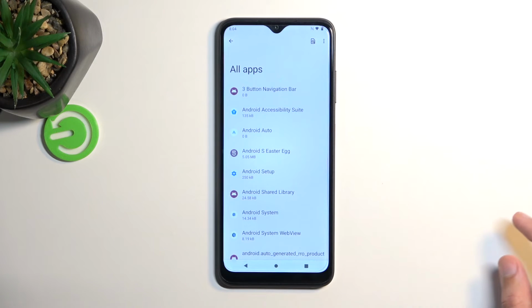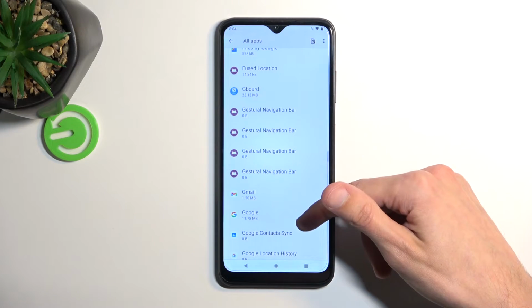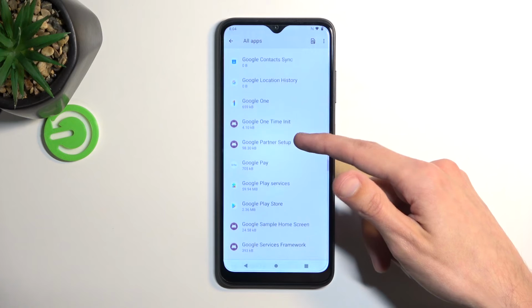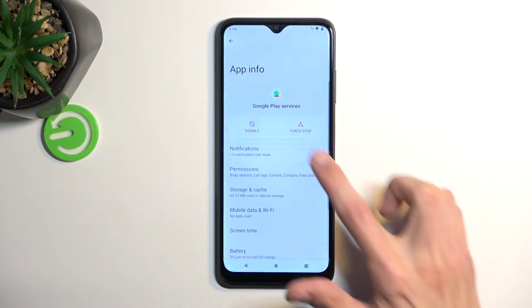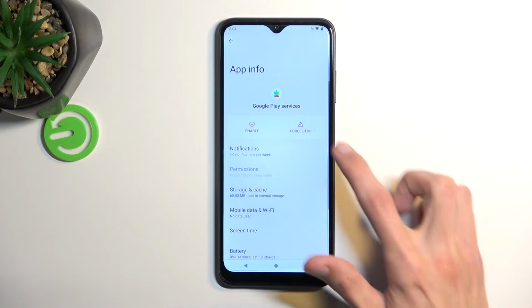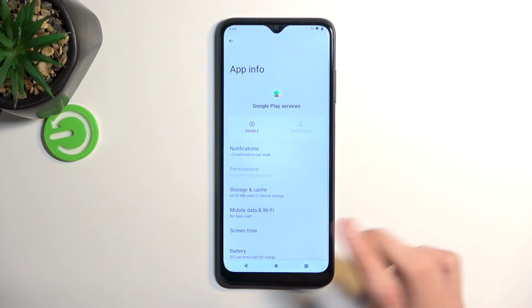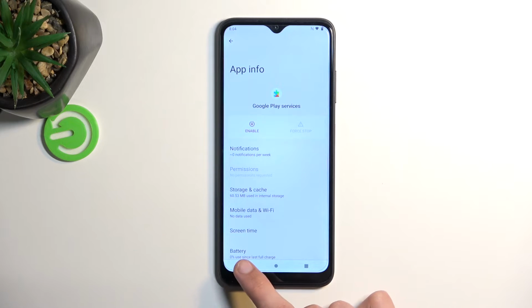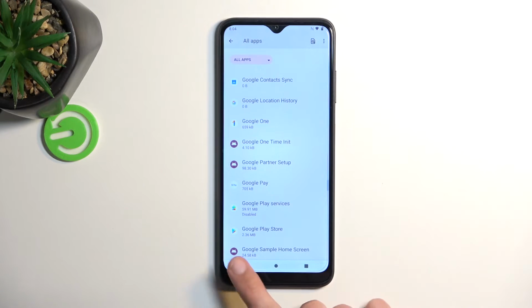Go back. And now let's scroll down to Google Play Services. Google Play Services right here. Here you're gonna select Disable app, and Force Stop. And once you have turned off these two apps, so Setup and Services right here, we're gonna go back once more,